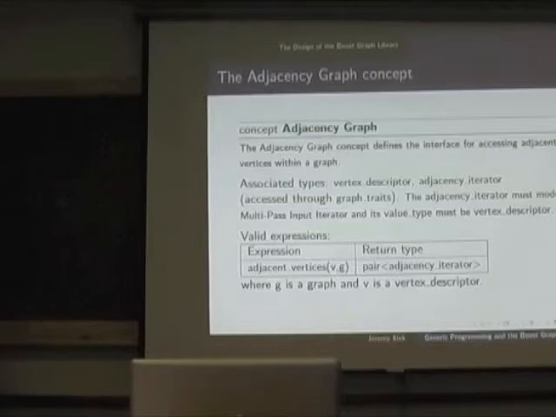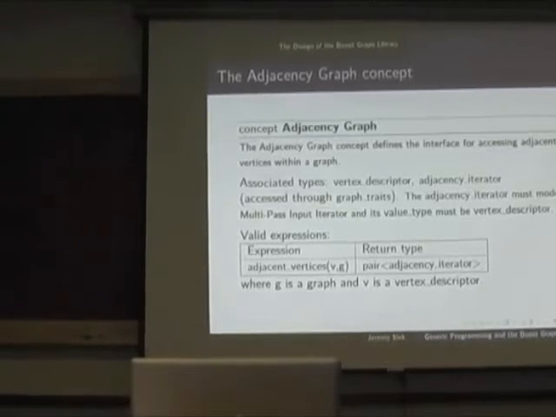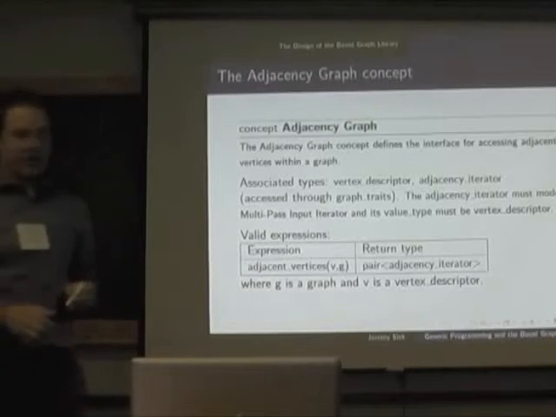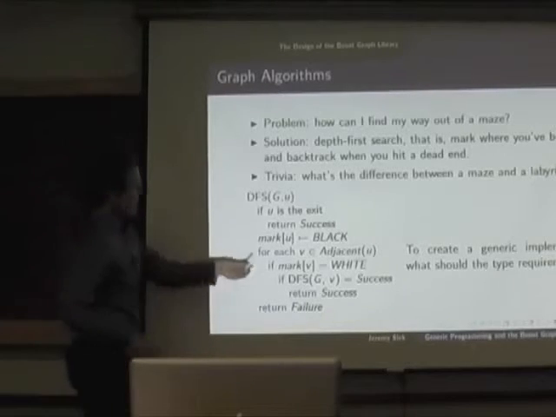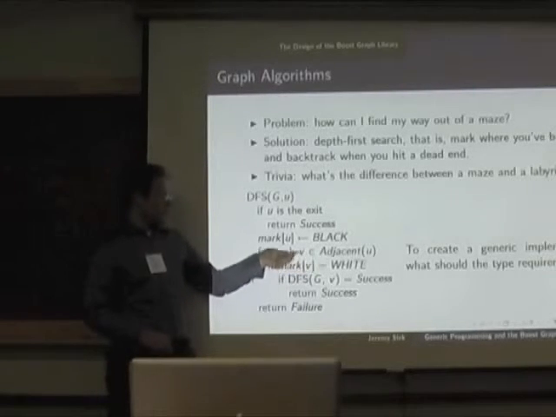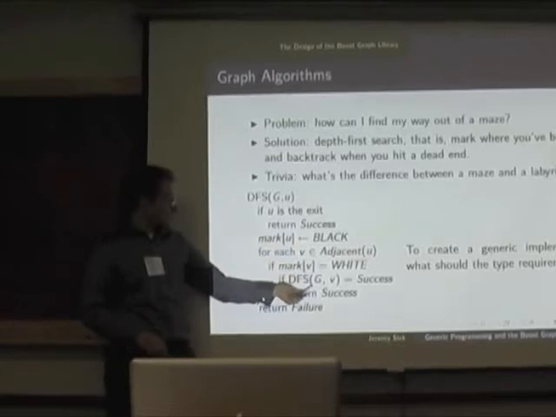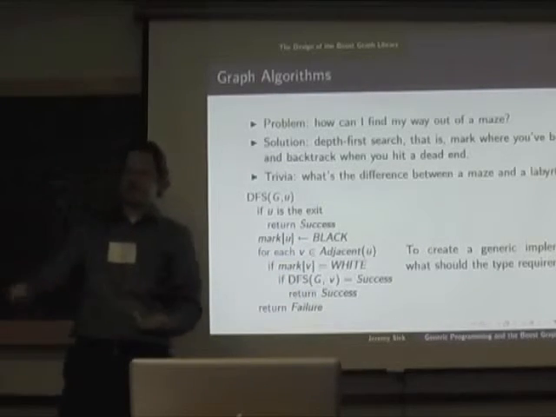If you have a vertex, and then you take your adjacency iterator, how far does it go? Just to its adjacent ones, or can you go further down? Just the adjacent ones. Once you get an adjacent vertex, you can then take this vertex and ask, what are your adjacent ones? You can get an adjacency iterator for that vertex. And that's actually what happens in the code here. That's why it's recursive. If we go back to the pseudocode, V is the result of dereferencing the adjacency iterator, and then you do a recursive call, which then asks for its adjacency.